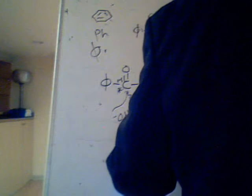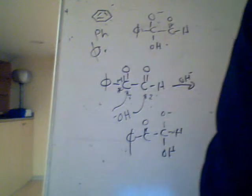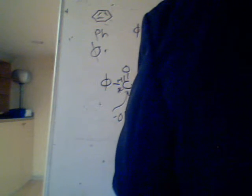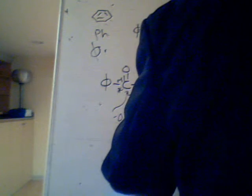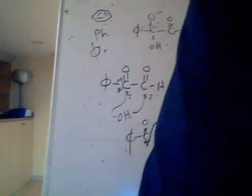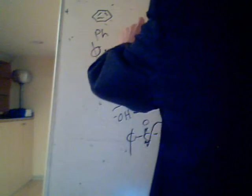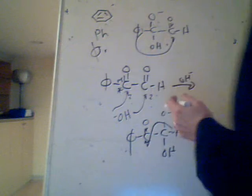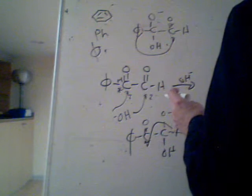or if it goes the other way, then we could get something that looks like this. It's going to be OH, O minus, C, CO, OH. And then there are two possible things that can happen, depending on which one of these two compounds we actually get. One is that this hydrogen here can migrate, or actually move over, to this carbon, and in the other case, we can have this phenyl group migrating and moving over to this carbon. Well, they both give you the same chemical compound, but the difference is